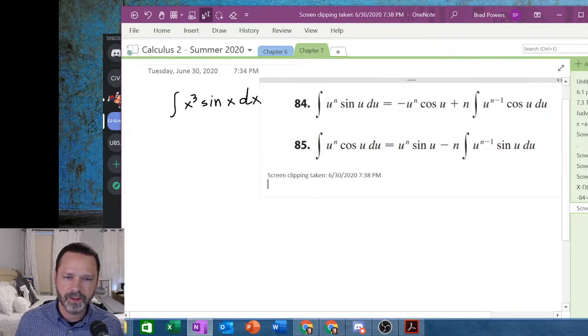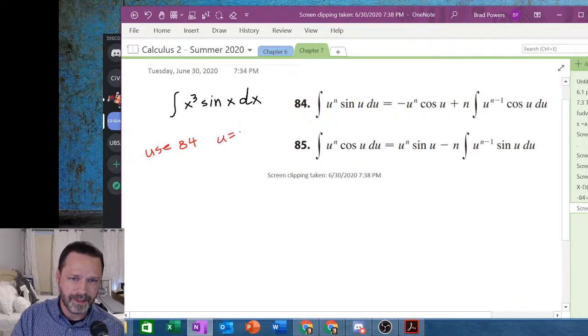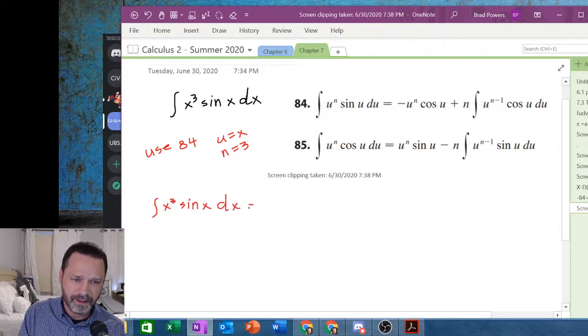There. Good enough. Okay. Well, let's use the first one. So it's obvious. Our first run through, we're going to use 84. And we have u is x, n is 3. Straightforward. So what we're going to get is the integral of x cubed sine x dx is equal to